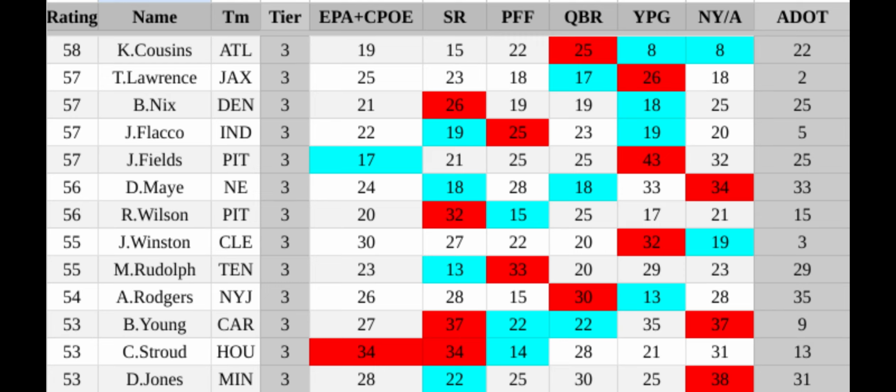Not to throw him under the bus, but he just comes to mind. I'll take that over Mac Jones, who's just the guaranteed "I'm just gonna hand the ball off, and that's all I can do" type of quarterback. Flacco, he was efficient with moving the sticks, and he was getting some yards.